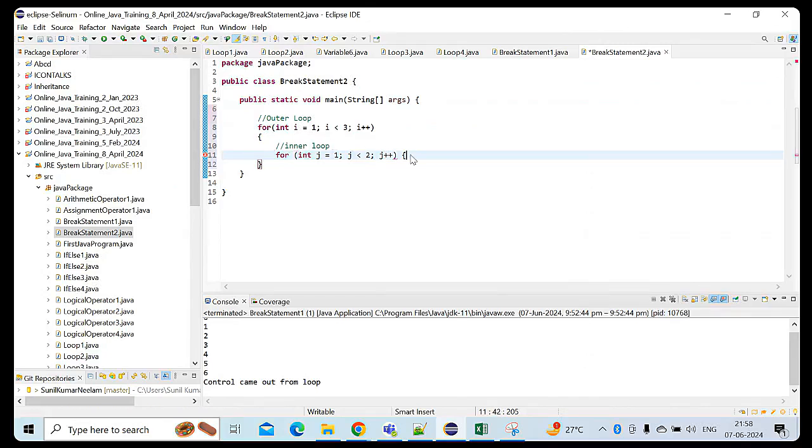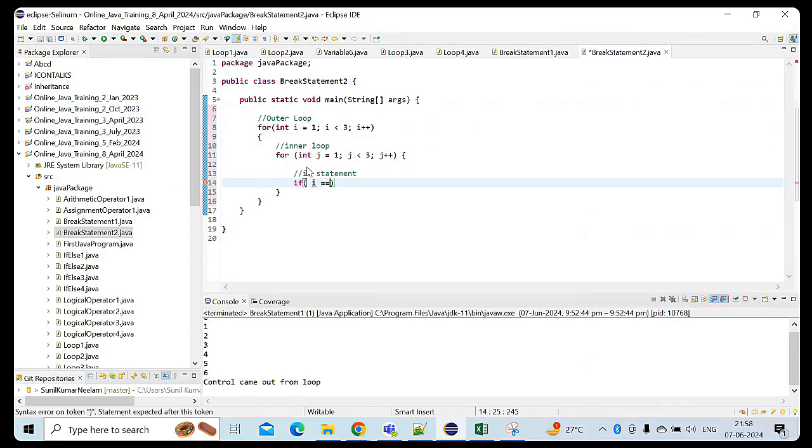Or we can make it 3. Now the if statement: if i == 2 and j == 2,